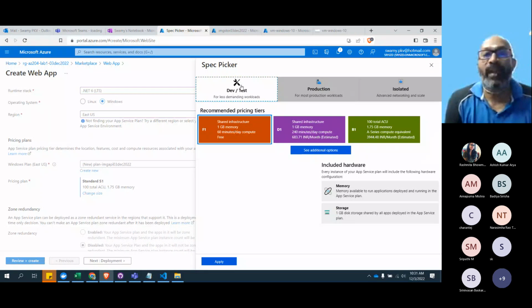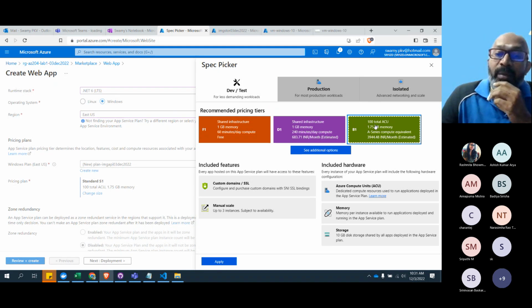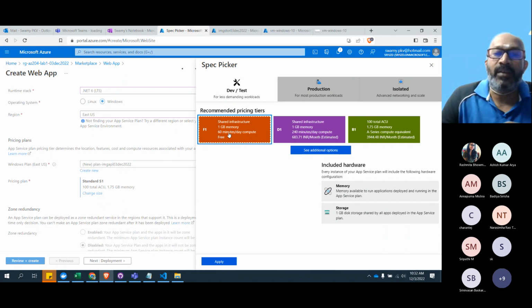What is this app service plan? An app service plan is a guarantee that a certain number of compute units are guaranteed. Here you see 1 GB RAM and 60 minutes compute, and the Azure compute units start from the B plan. The free facilities give you 60 minutes and 1 GB.